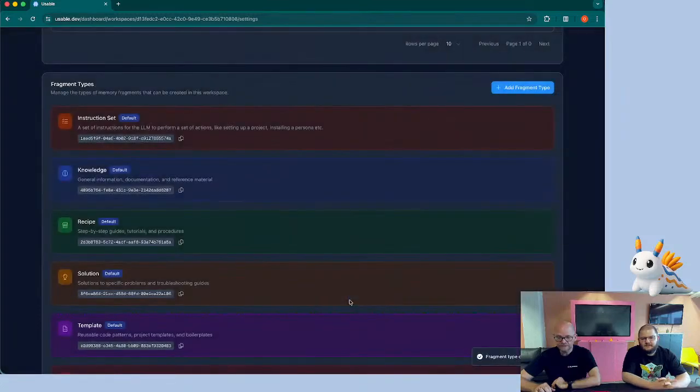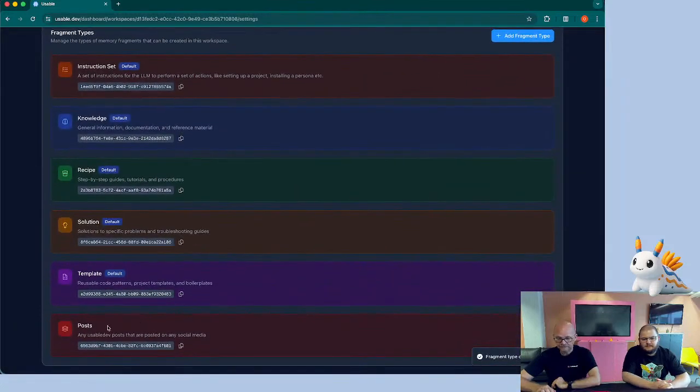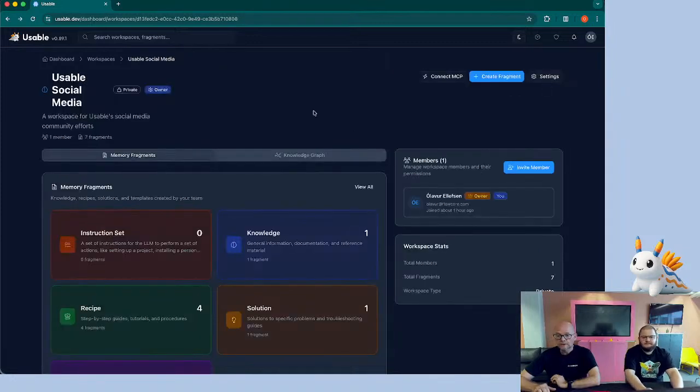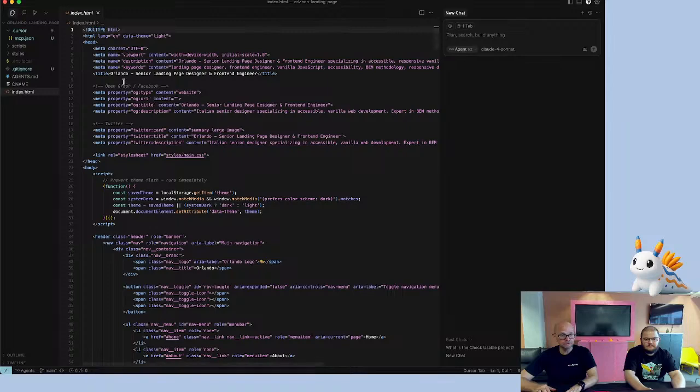And then we have it here, and we have that as a new fragment type. As you could see, there are many other settings you could do. And I think to round it off, we could go into Cursor and see how this would look. And we're back in the